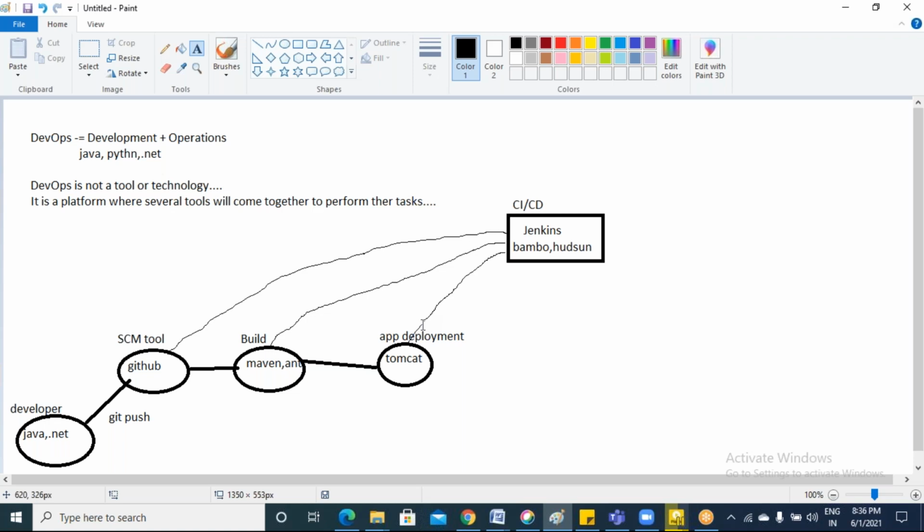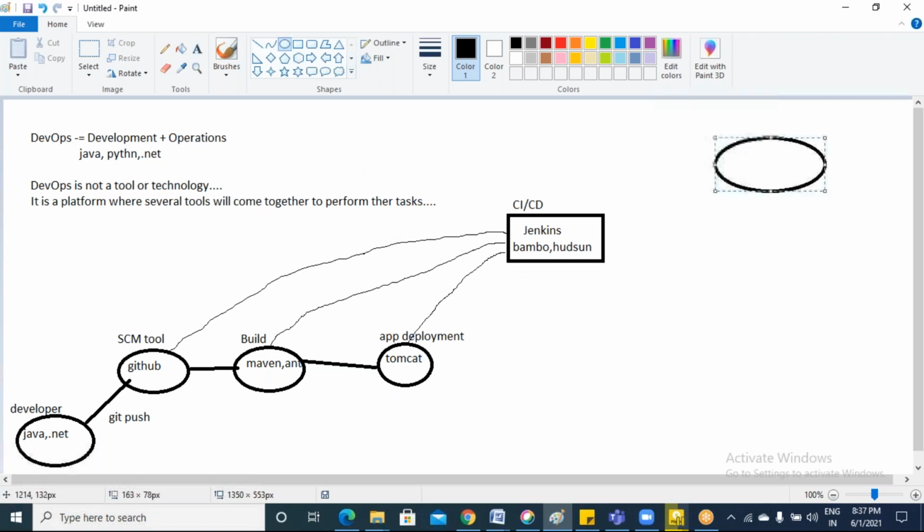In a week you may see only one or two setup errors. Code errors you can see every day, one or two code errors you will definitely get, but setup errors are very difficult, you will not get them, because everything is already pre-set up and we need not do anything. Okay, clear till now?